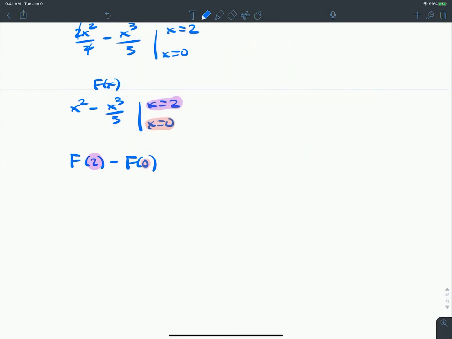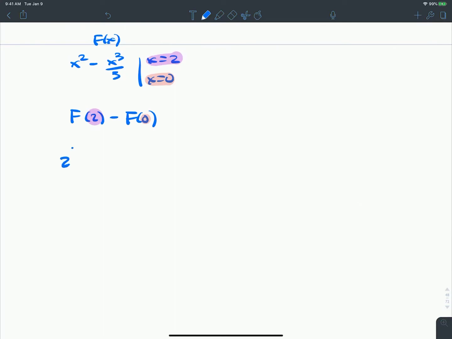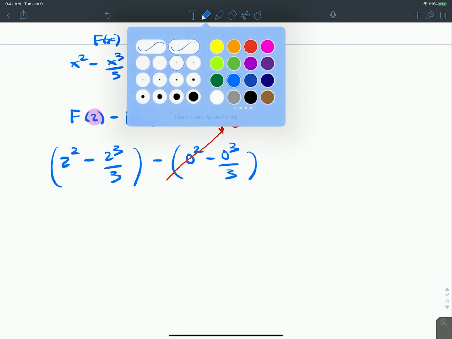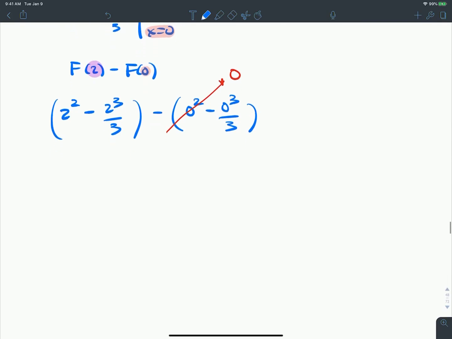So this becomes 2 squared minus 2 cubed over 3. Since there's two terms, put this in parentheses. 0 squared minus 0 cubed over 3. And like the last problem, notice this is 0. So we just have to do arithmetic now. This is 4 minus 8/3, and we're subtracting here,